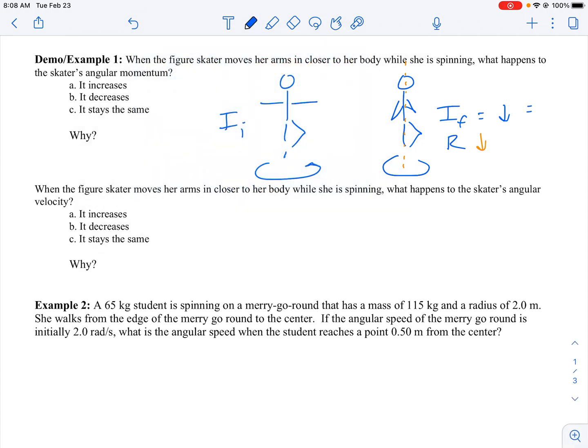And remember that the moment of inertia is the sum of each mass times each radius squared. And so her hands went from a radius about the length of her arms, which might be about a meter, to having a radius close to 0. When that moment of inertia goes down,